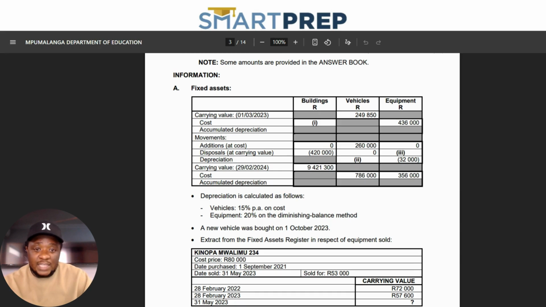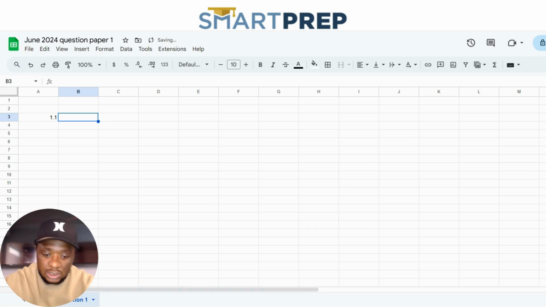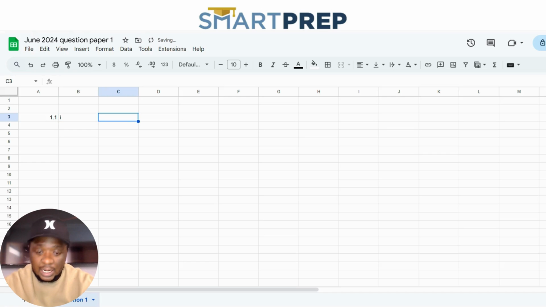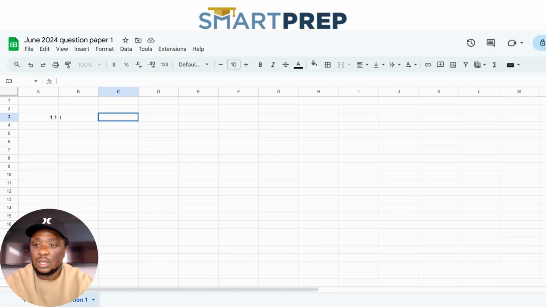So to find the first answer, let's try and answer number one. This is 1.1, I think. So you're going to say I, and I is basically going to be equal to the balance at the end, so this carrying amount at the end, right? And then we're going to subtract the 420,000, and then it's going to give us what we need for the additions. And by the way, I said you subtract, but no, you don't subtract, you actually add, because remember